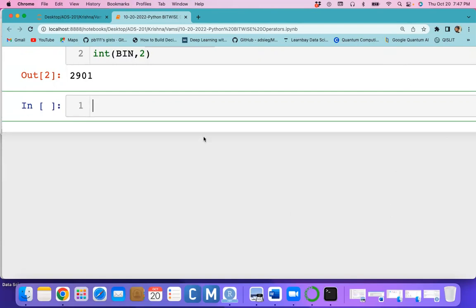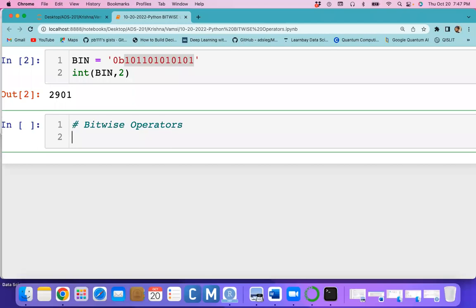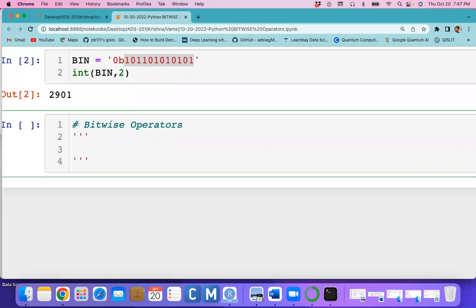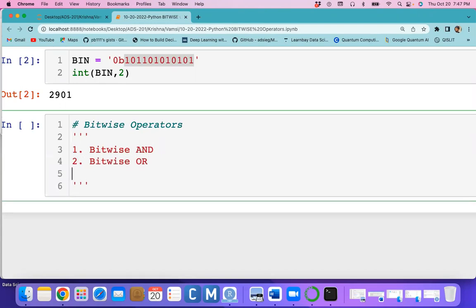Okay. Now you just look for bitwise operators, right? When it comes to the bitwise operators, which you already know operate on the bits, we have these 6 operators: bitwise AND operator, and the next one is bitwise OR operator, and